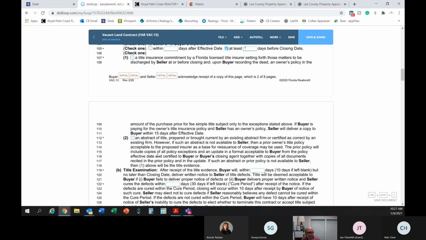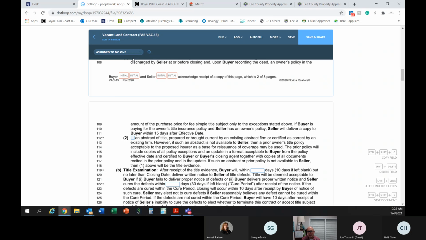The prior policy will include copies of all policy exceptions and an update in a format acceptable to buyer from the policy effective date and certified to buyer or buyer's closing agent, together with copies of all documents recited in the prior policy in the update. If such an abstract or prior policy is not available to seller, then option 1 will be the above for title evidence. Okay. So